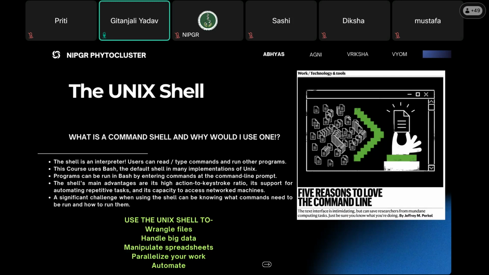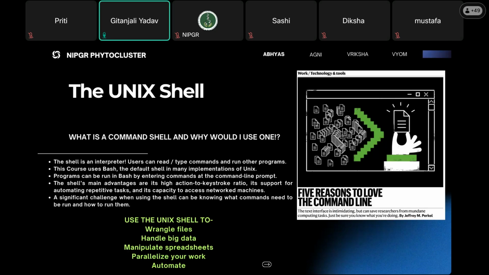using the Phyto cluster or the high performance computing system, you will learn it eventually, but much later, and you will make so many mistakes before that, and you will also find it very challenging, and therefore you might not feel comfortable with it. And the challenge is the simple question: which command to run and how to run it. Okay, so what we hope with this course is to make you overcome that discomfort and that